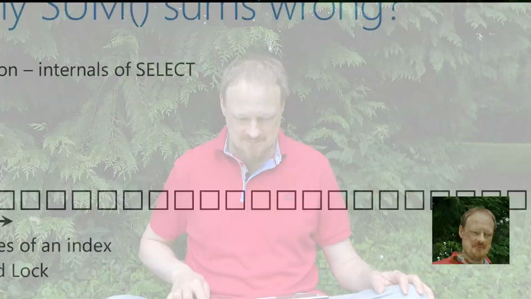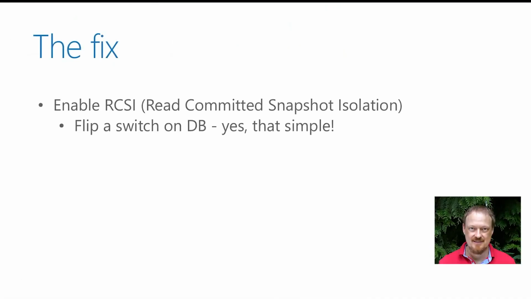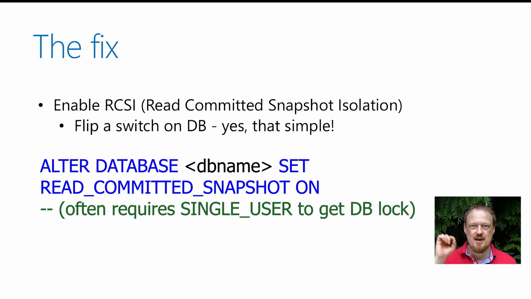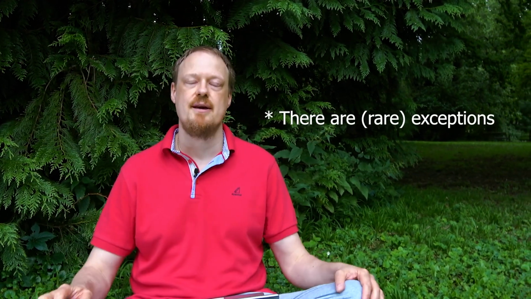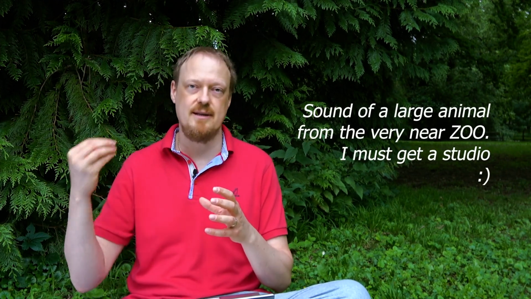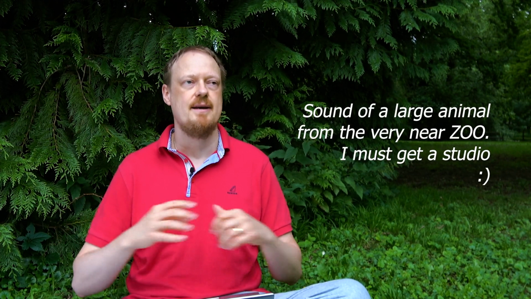So the fix is, watch now, enable one flag on the database, one bit, one switch, which is called read committed snapshot isolation. It has super effects. It is basically like NOLOCK hint everywhere. That means your select will not place shared locks at all. Instead, they will use the version store in TempDB. It is possible also in 2019, can be in your database, but okay.